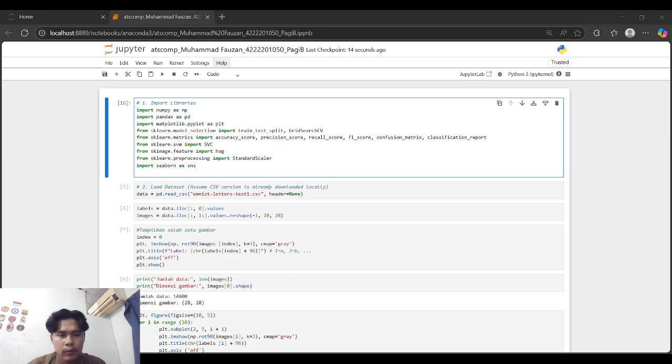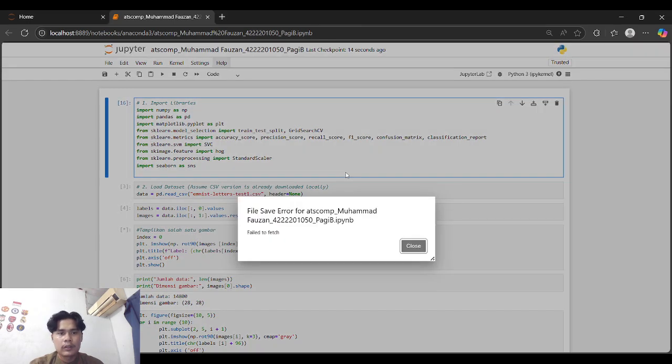I also import various functions from scikit-learn for splitting the data, training the model using SVM, evaluating with metrics like accuracy and F1 score, and for hyperparameter tuning with GridSearchCV. Then finally I import the HOG feature extraction from skimage to convert image data into useful features.